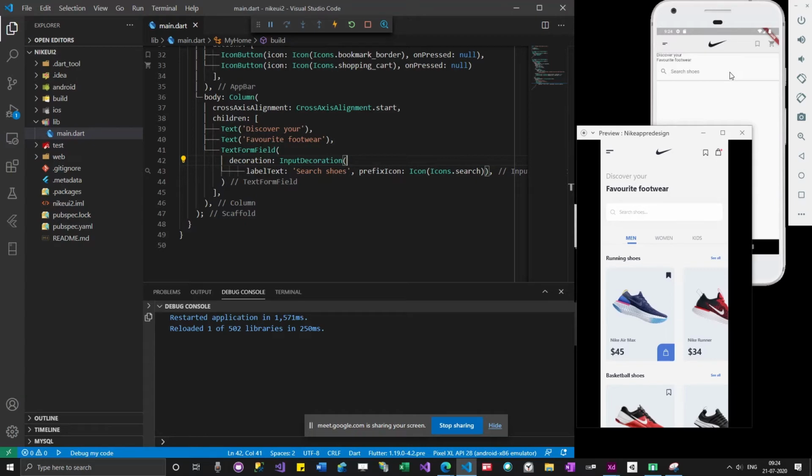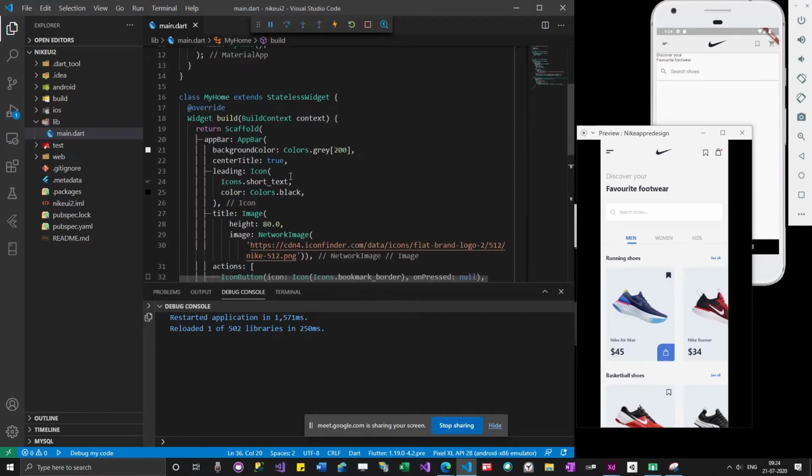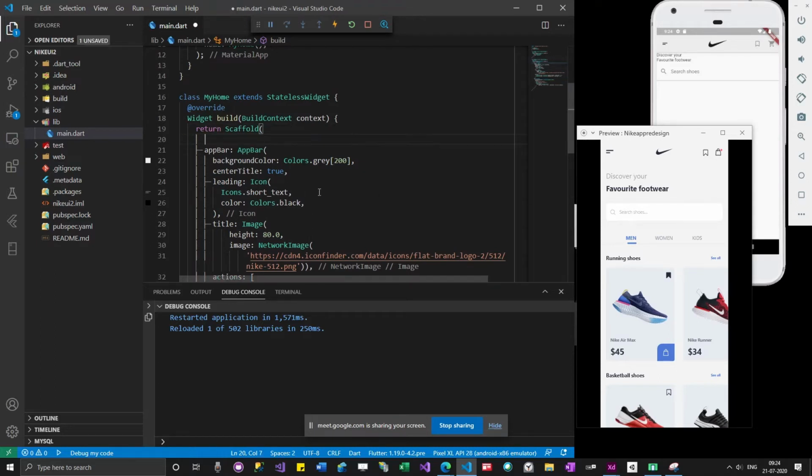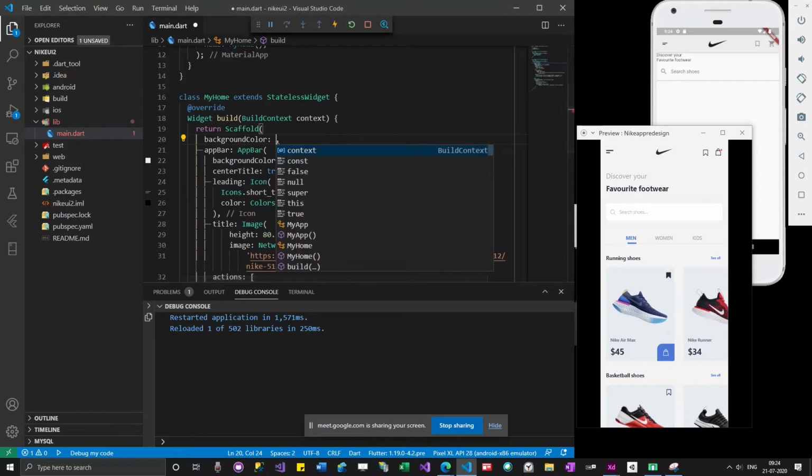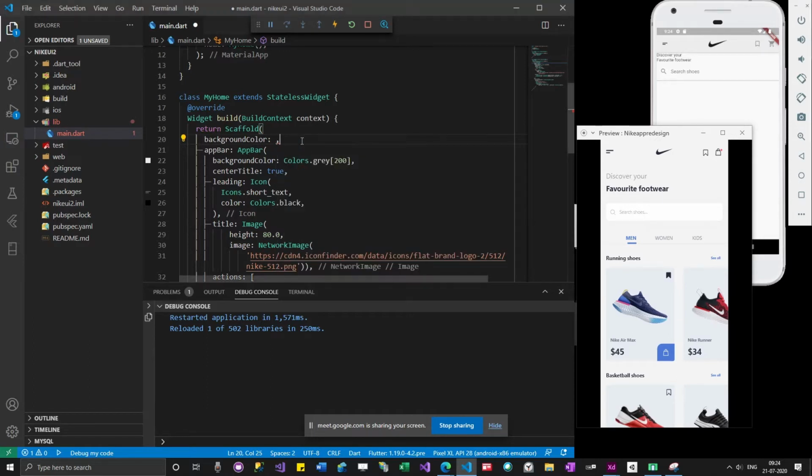So this text form field is done. Let me add some color over here. If I add a background color, everything will appear clearly. So I'm going to give